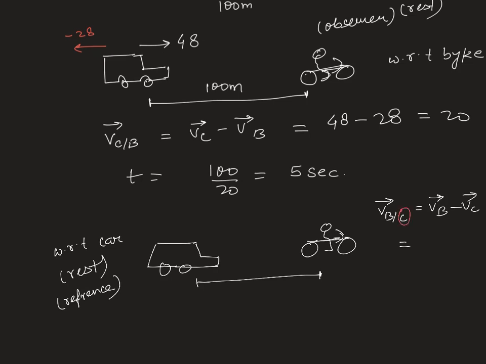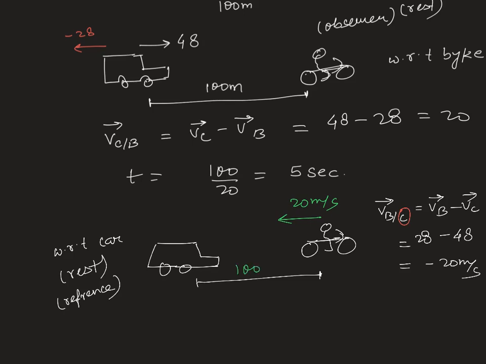The second term is always the reference. So velocity of bike minus velocity of car. What was the velocity of bike? The velocity of bike was 28 and the velocity of the car is 48. So that comes out to be minus 20 meter per second. The interesting thing here to notice is that the bike is actually traveling backwards with 20 meter per second as observed by the car,